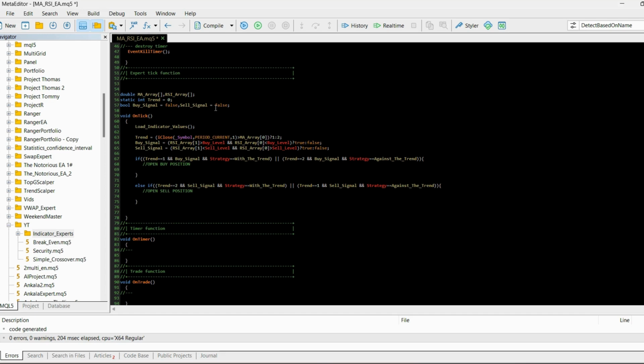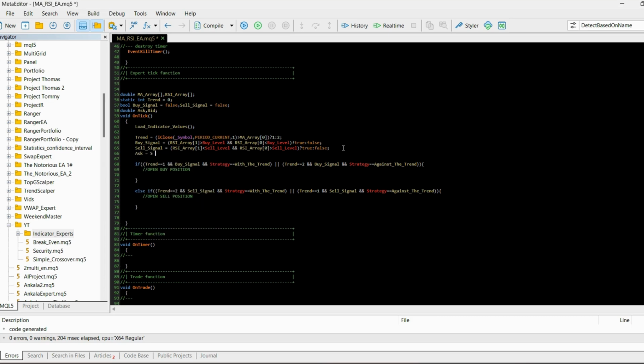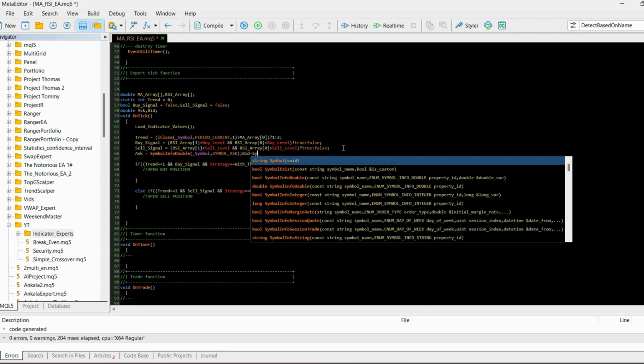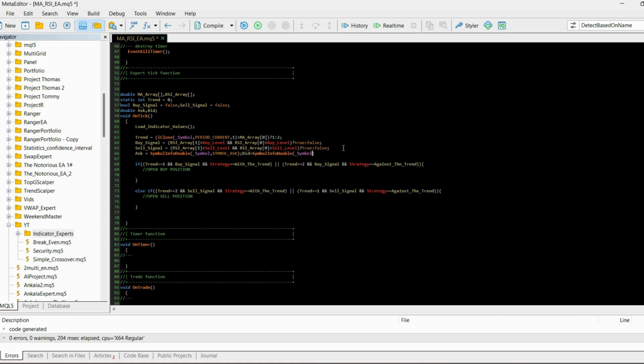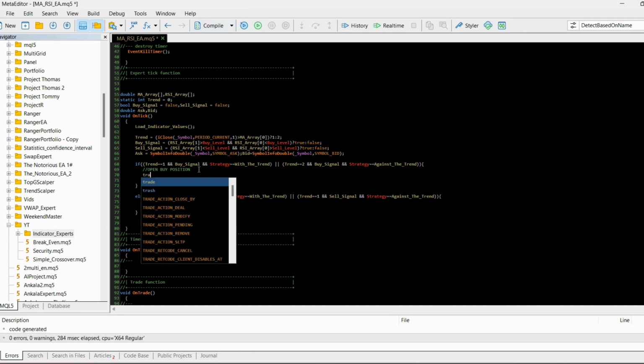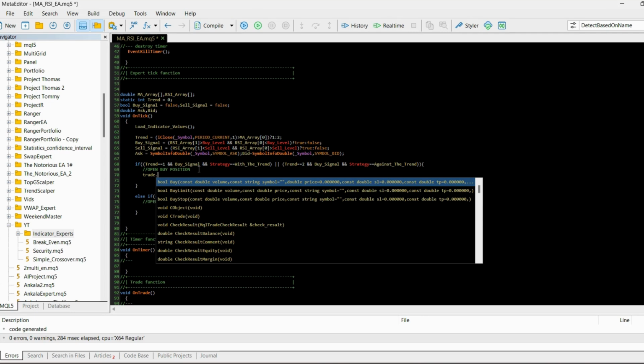Now let's move on to the part where I will be opening the positions, and in order to do this I will always need ask and bid price. So I declared two variables on this global scope, and I will assign values to this right here. So symbol info double, symbol ask, and I will do the same thing for the bid price. Symbol info double, symbol bid price. Okay, so we have this, and now I can use it for opening the buy position and sell